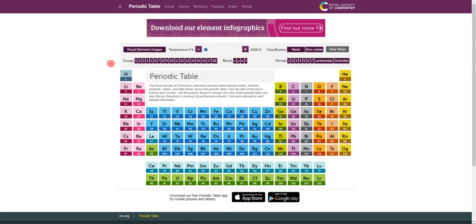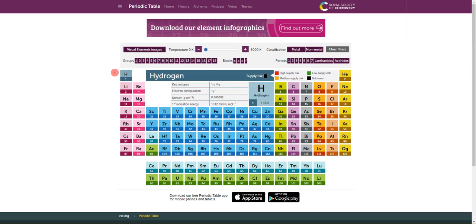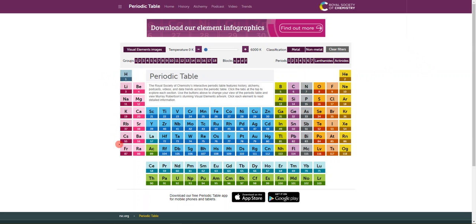Okay, guys. What I want you to do as well is go on to the Royal Society of Chemistry, which is the name of the group. I'm going to get you to work with this periodic table as well, and it's actually quite interesting. I'll put in a link that you can just click on and it'll bring you directly to the periodic table. So we started talking about the periodic table, and this group here